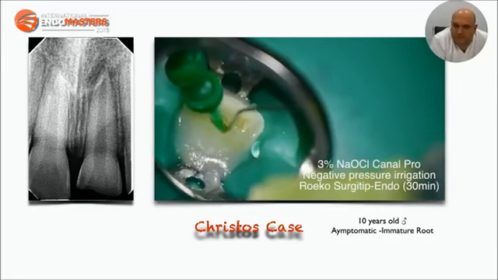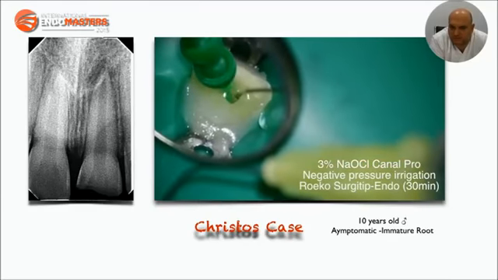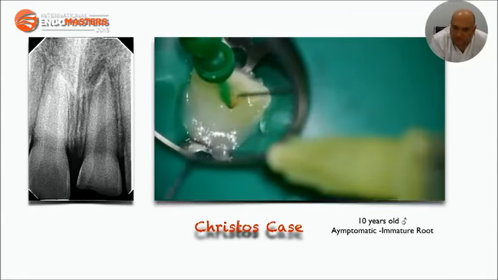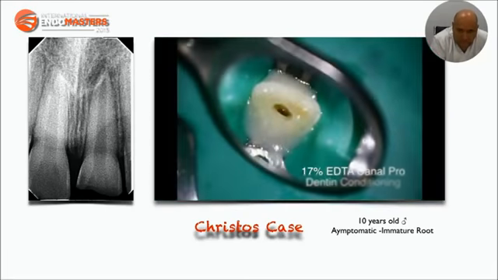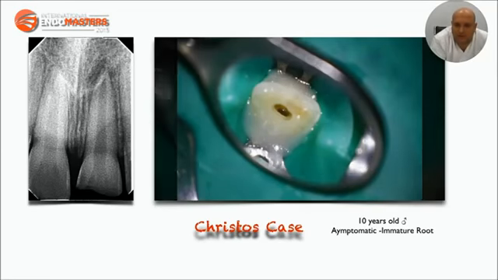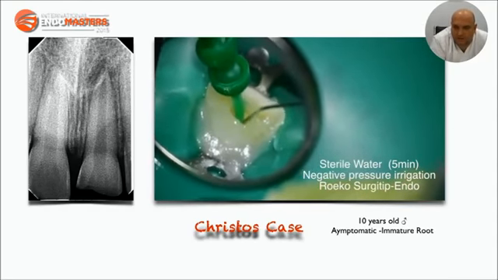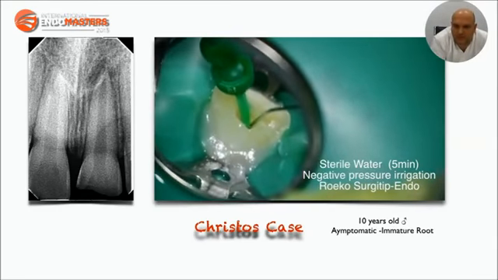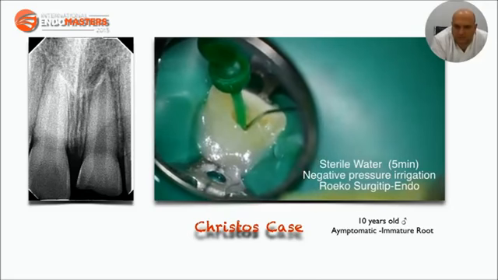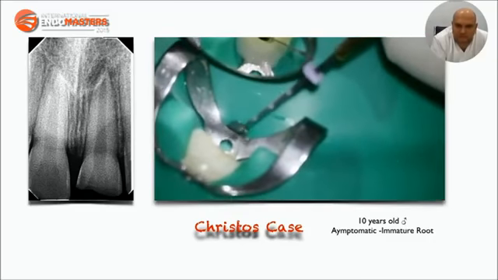I am using 3% sodium hypochlorite negative pressure irrigation for 30 minutes, then rinse with sterile water under negative pressure irrigation and get rid of sodium hypochlorite, then flood the whole canal with EDTA, leave it there to expose some dentin-derived growth factors, sterile water again, negative pressure irrigation for 5 minutes to get rid of the EDTA remnants, dry the canals,